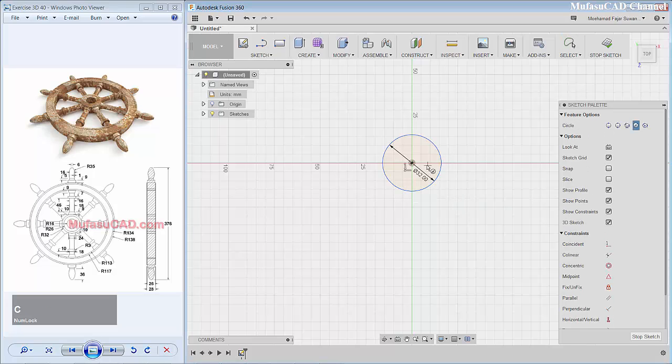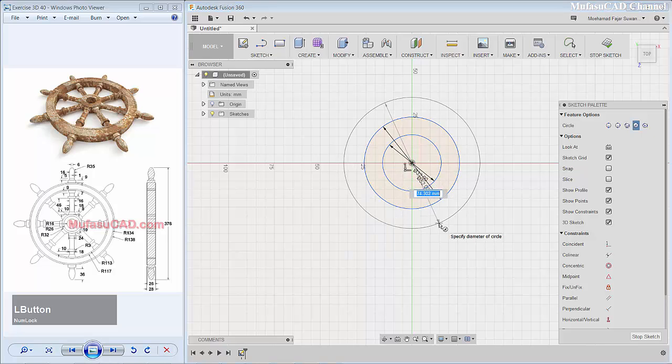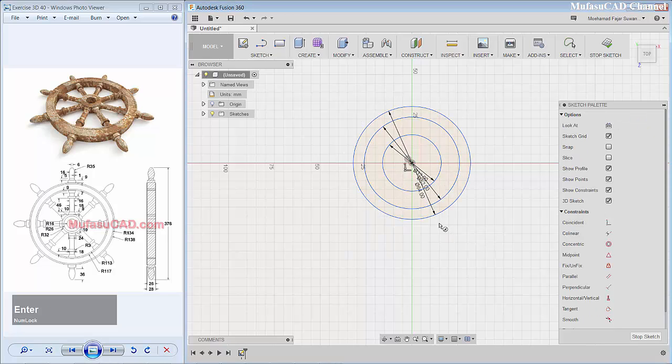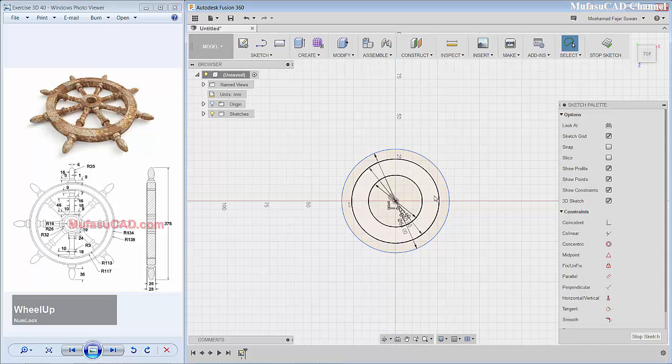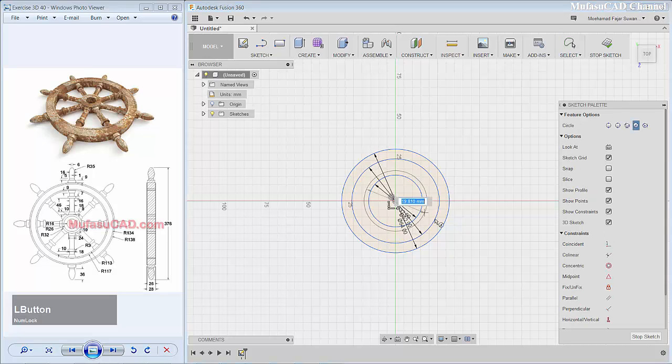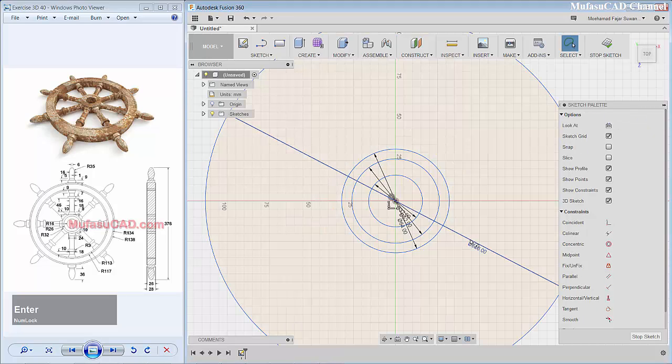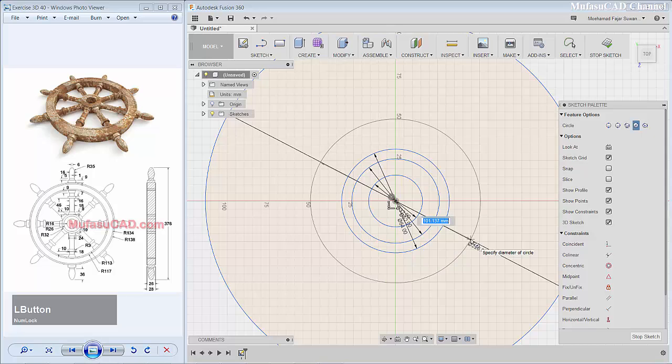Okay, I will create a circle with diameter 52 and we create a circle in here with diameter 64 and enter. Okay, I will create a circle again in here with diameter 226. Okay, and we create a circle in here with diameter 234.